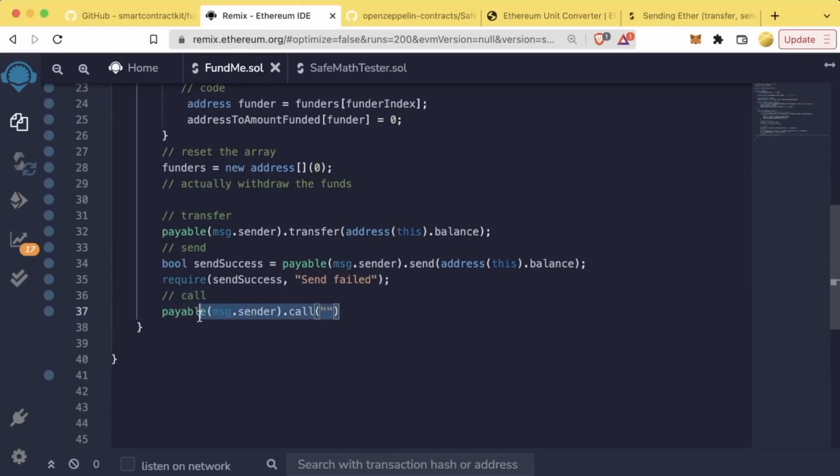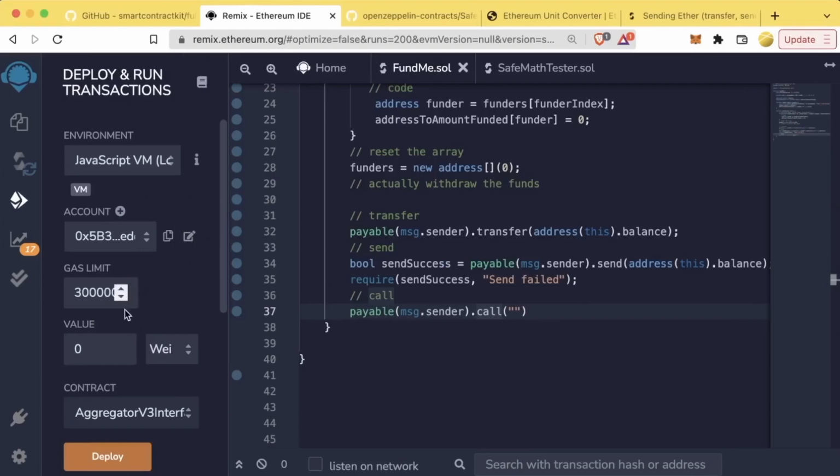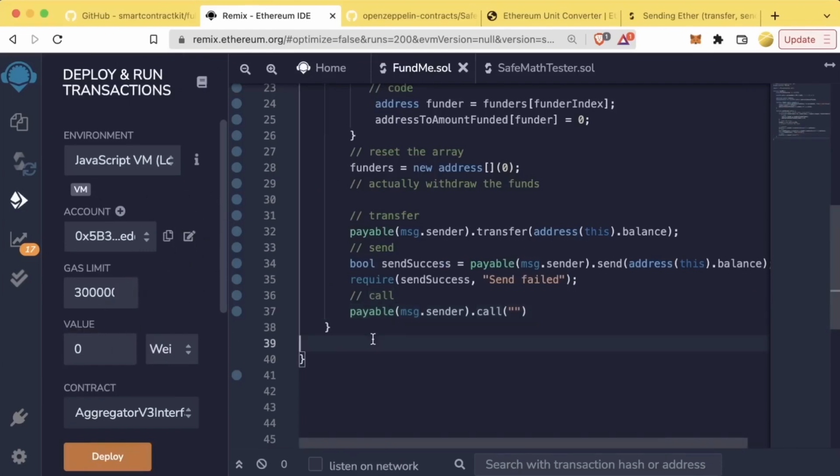We instead want to use this like a transaction. And as we saw in our deployment, there's always this message.value bit. So we're going to use this call function as if it's a regular transaction, and we can add stuff like message.value. So in here, we're going to add these squiggly brackets, and we're going to say value: